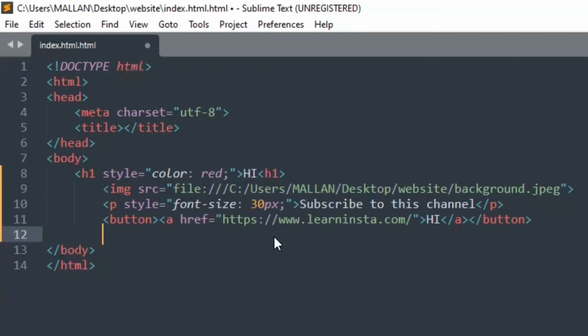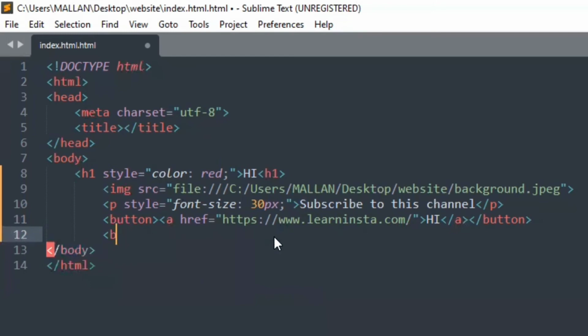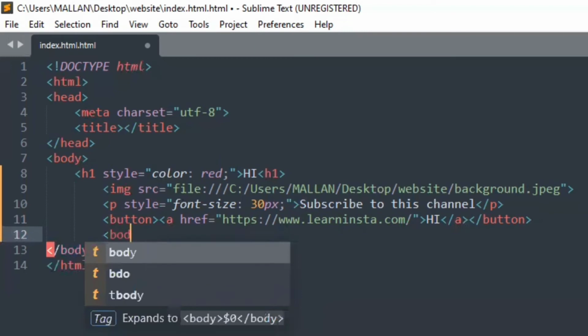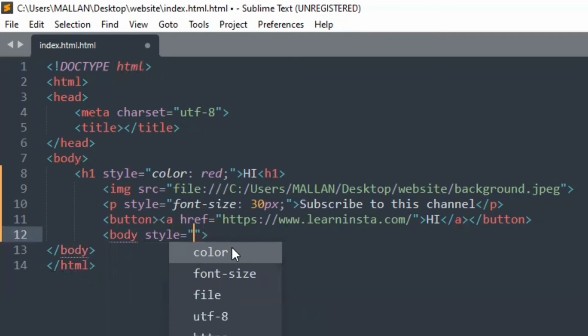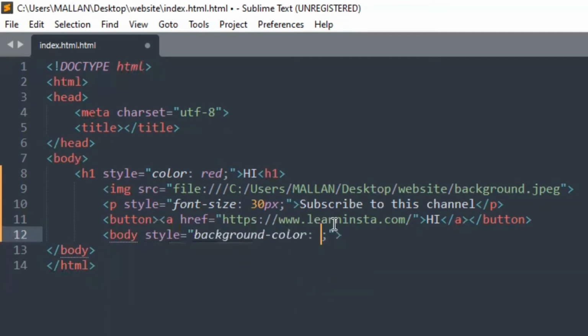So moving on, we can see how to change the background color of the web page. To do so, we need to type the lesser than symbol, body, style, equals to and two quotation marks. Now inside these two quotation marks, we should type background hyphen color. Lastly, we should type the color that we need between the colon and the semicolon. So I'm going to choose the color blue. Next, we can check with the colors green and yellow so we can see the difference.